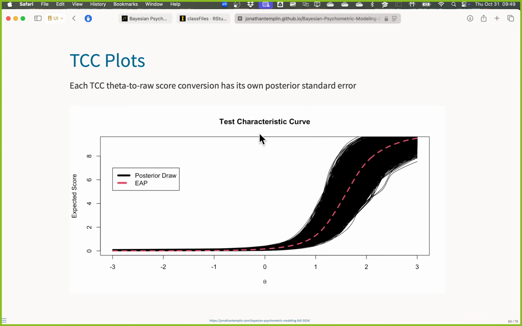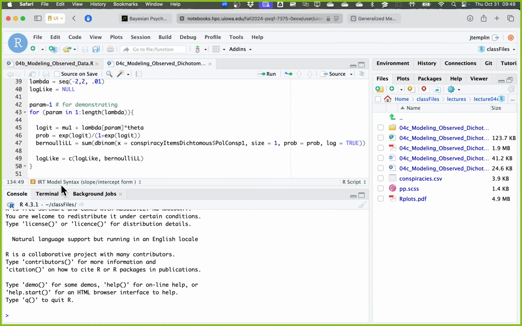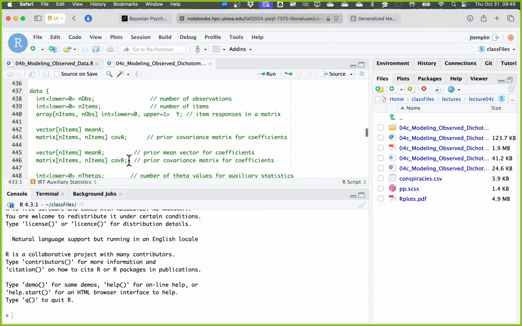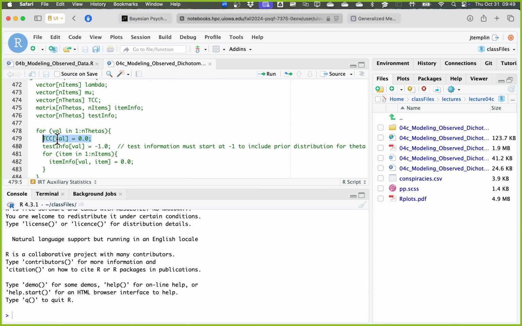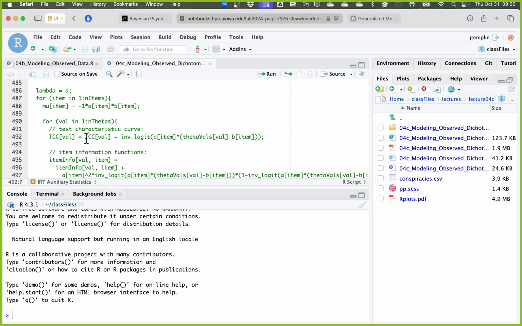So, in Stan, here you have it. Here's our test characteristic curve. If you wanted to see how I built this into Stan, you can actually go into this section here. I import theta vals right there. I go down to generated quantities. And then for my test characteristic curve, I have to condition this on val, meaning that value of theta. And right here, there's quite a few values of theta between -3 and 3. And this basically becomes a sum where we have the test information function sums for every value plus the inverse logit of your